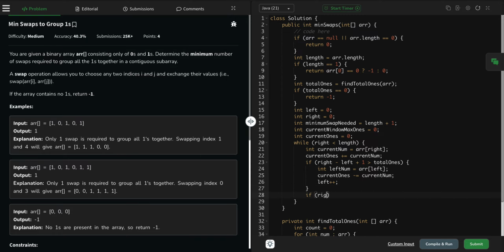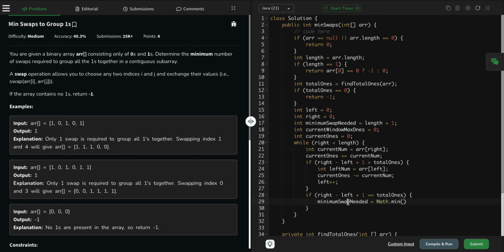Now if our right minus left plus 1 is equal to total ones, then we need to see minimum swap needed equal to math dot min of minimum swap needed,